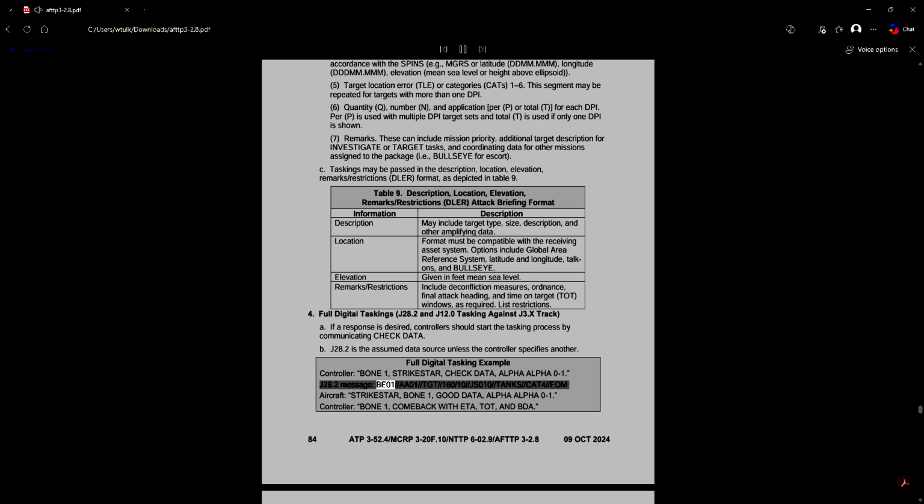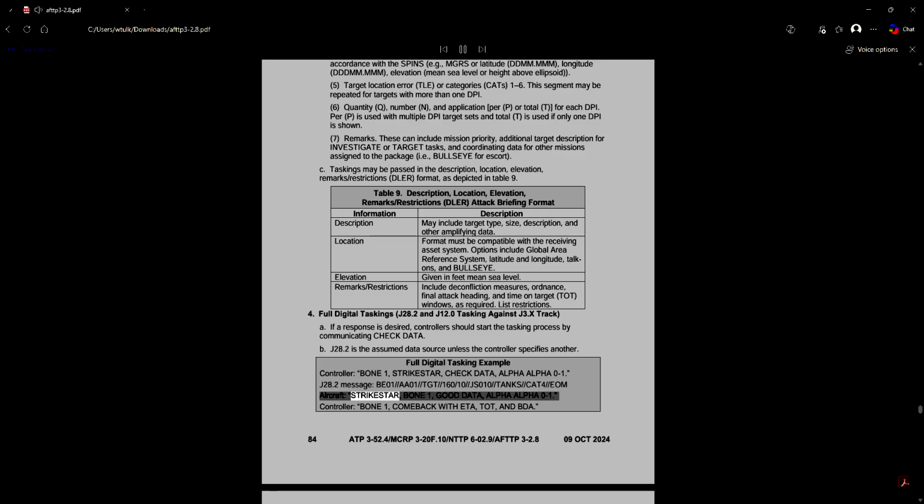J28.2 message: B01, AA01, TGT, /160 10, JS010, tanks, cat 4, EOM.